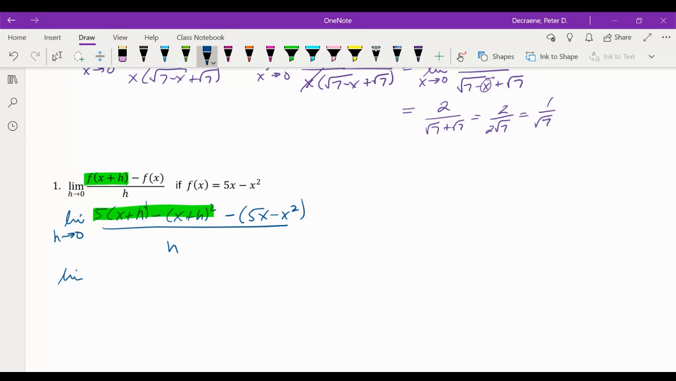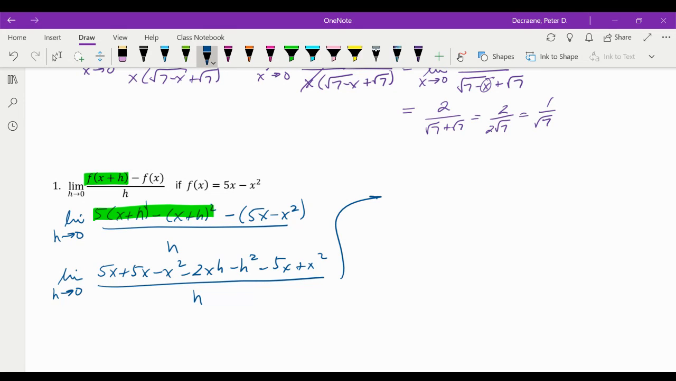So I've got the limit as h goes to 0 of 5x plus 5h minus x squared minus 2xh minus h squared minus 5x plus x squared, if I simplify all that out, divided by h. You notice a whole bunch of things drop out here. I've got the limit as h goes to 0 of all of that. That goes away, that goes away, that goes away, that goes away. And that's it. So I'm going to end up with,